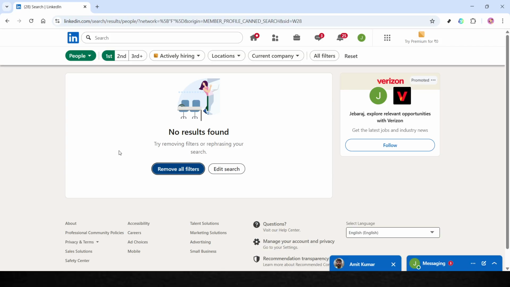And just like that, you've successfully removed someone from your connections list. The person you chose to remove will no longer be part of your professional network. The good news here is they won't receive any notification about this action, allowing you to manage your LinkedIn connections discreetly. This process is simple and an effective way to ensure your professional relationships on LinkedIn reflect your current networking